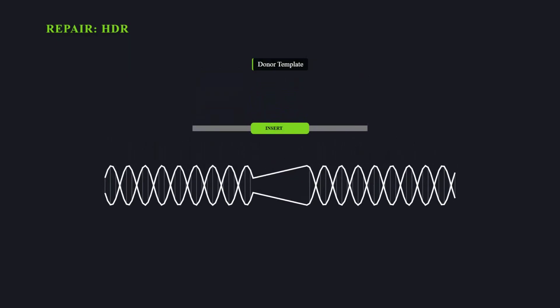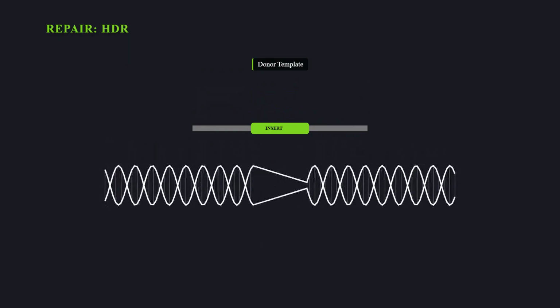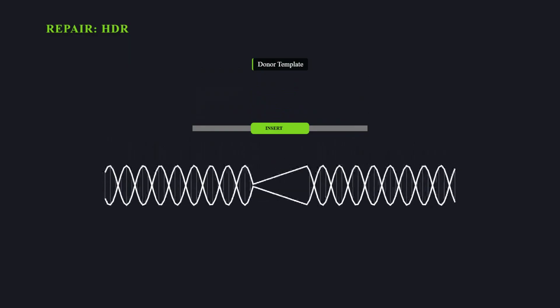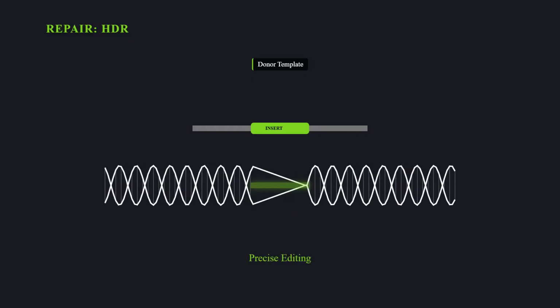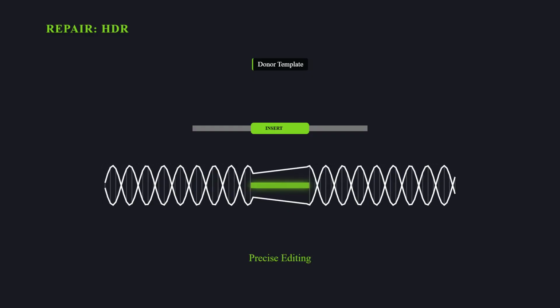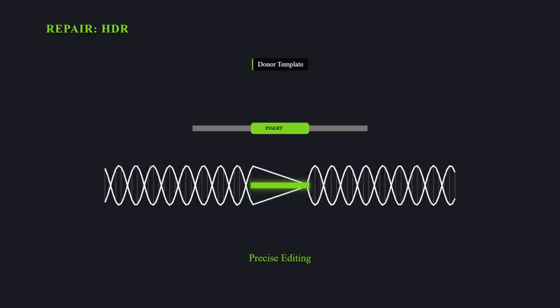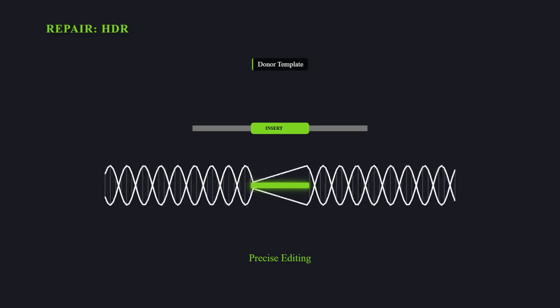The donor template contains the desired sequence flanked by homology arms. These homology arms must match the genomic sequence immediately adjacent to the double-strand break. The cell uses this donor template as a blueprint to repair the break. This mechanism allows for the precise insertion of new sequences, the correction of single-point mutations, or the substitution of large